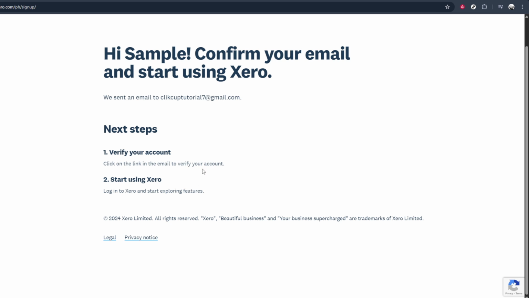This may include confirming your email address by clicking a link sent to your inbox, setting a secure password, and possibly answering a few short questions about how you plan to use Xero. Keep an eye on any instructions that appear and complete each step in order. Once you've finished those prompts, your Xero account will be created and your free trial will be active, ready for you to explore the dashboard, connect bank accounts, and start